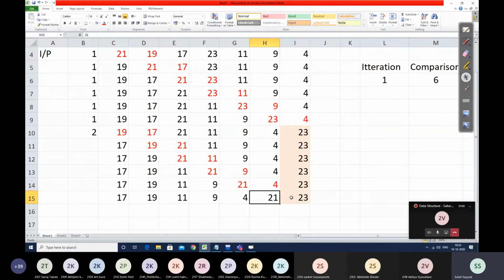So in the second iteration, how many steps are there in total? The last one I will not consider, because that is the output of my second iteration, so it becomes input to my third iteration. So how many comparisons did we make? 1, 2, 3, 4 and 5 comparisons only. So in the second iteration we have made 5 comparisons. Is this understood, students? Are the first 2 iterations understood?